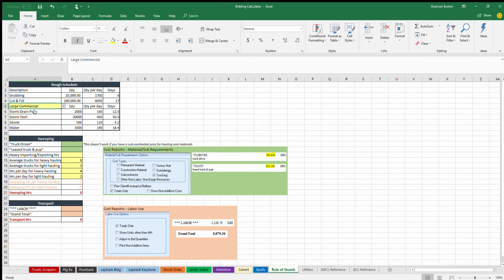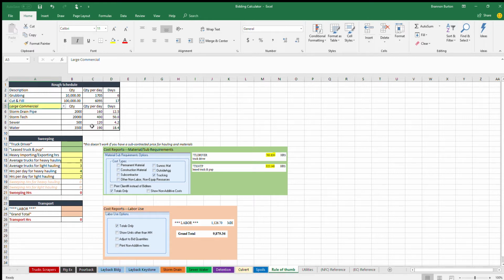So if you look from large commercial, the quantities per day are going to go a lot slower when you go downtown, because downtown work is slow and it's really small footages, and so they go way down. So the quantities per day goes down, but the days goes way up in this case. And so each type of work has a different quantity per day. So in the case for this example, we're going to use large commercial